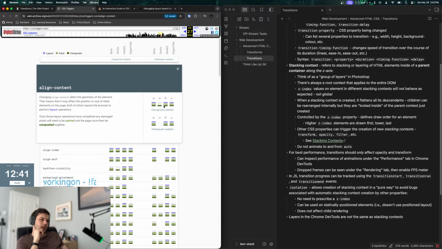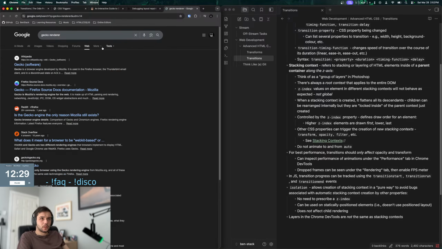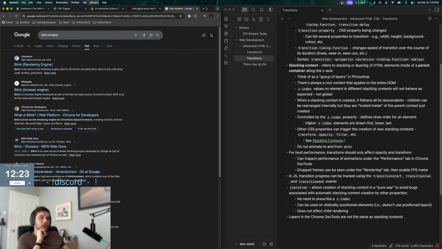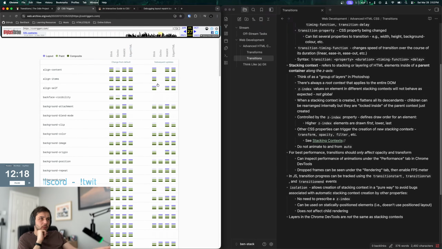WebKit is Safari, and then Blink is Chrome, and then Gecko is Firefox, right? I might be wrong. Gecko, render. Yeah, it's Mozilla, okay. And then Blink is Chrome. Yes, okay, I was right. And then EdgeHTML, I don't know if that's its own. I thought Edge was just Chromium though. I mean, I might be wrong, but